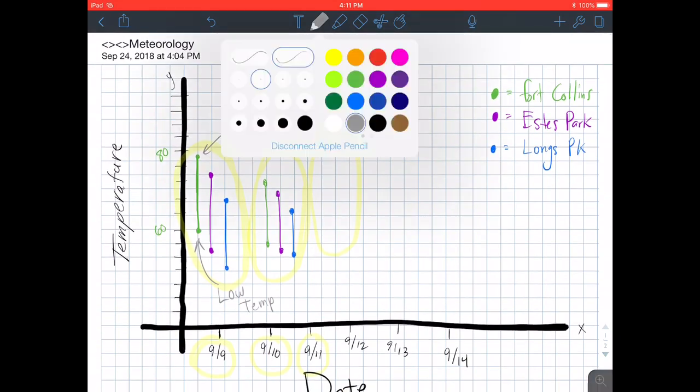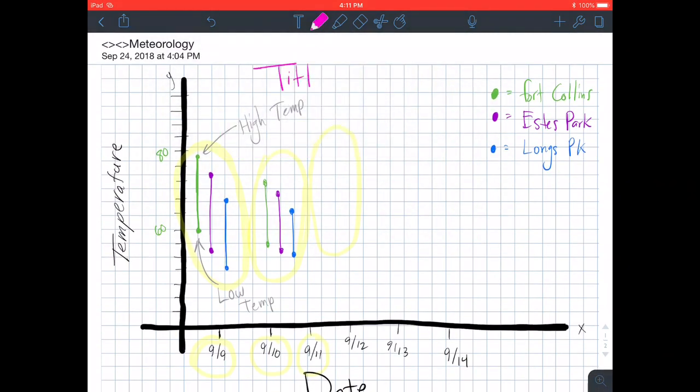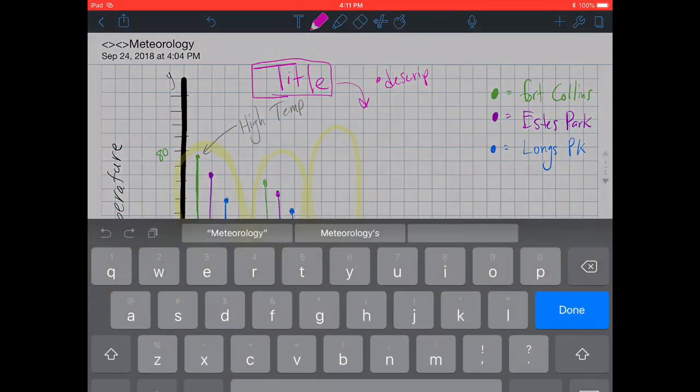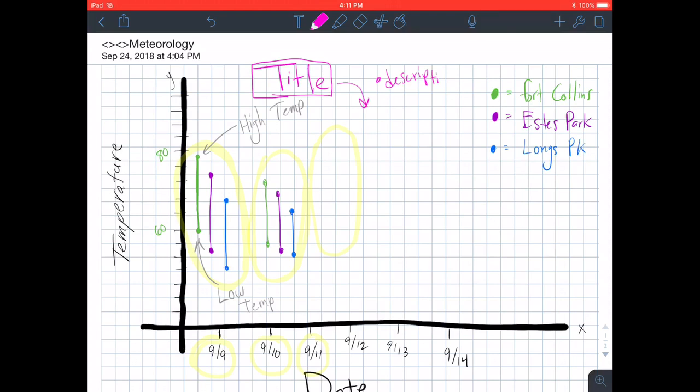And when you finish it, make sure that you include a title, not the word title, but truly a title that describes what the heck is the information that is in your graph. So your title should be descriptive and explain what the viewer is seeing. So here I would say that this is a graph of the high and low temperatures for 3 different locations over a series of 6 different days. You can do this on graph paper. You could do this on